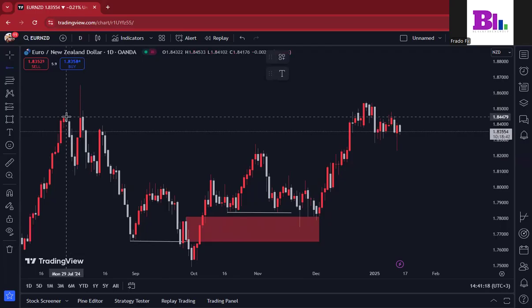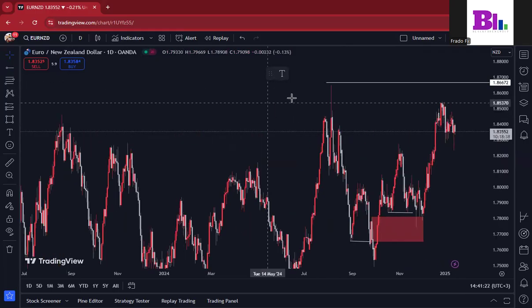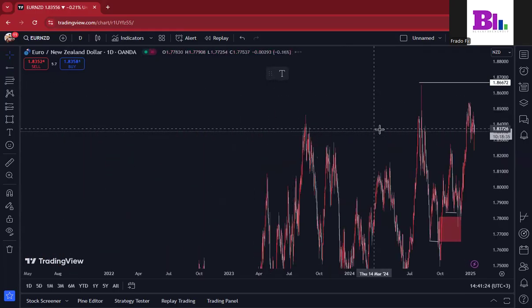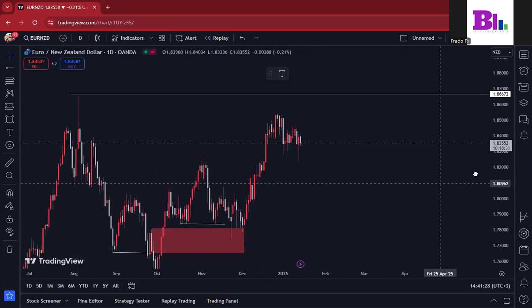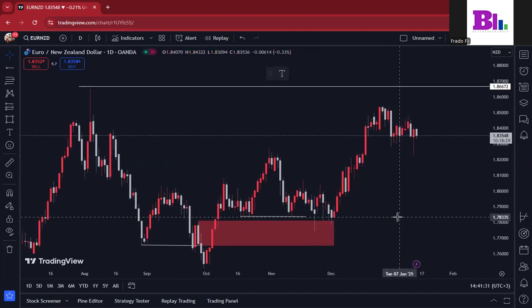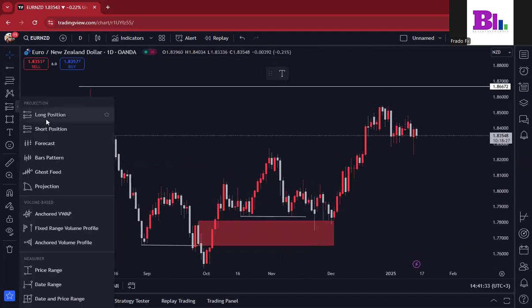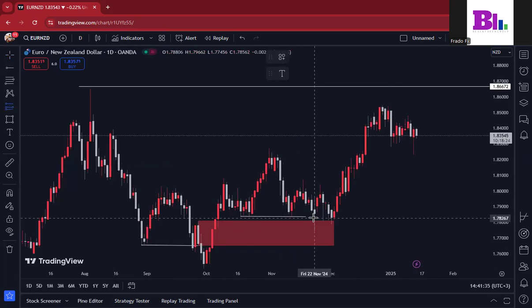We could just take it here above, because we believe this price will keep going up and up and up. Okay, so this is where you could take your trade. You could enter there, and you could put your take profit here, long position